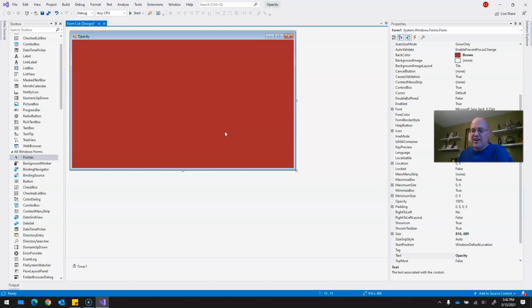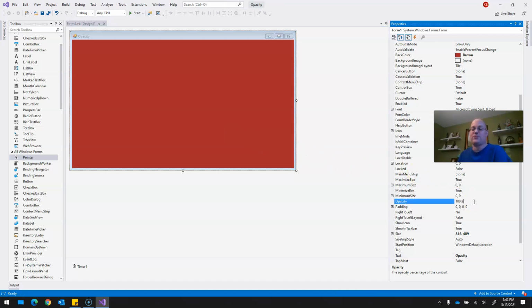All right, on your form, there is a property called the opacity. It's whether your form is opaque or partially transparent, translucent. If I change that, let's say I change it to like 50%, nothing happens here. If I run the program, though,